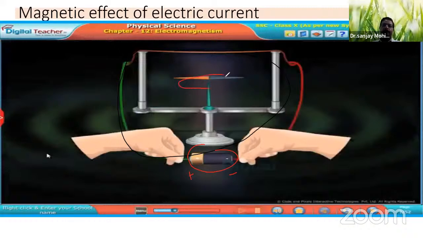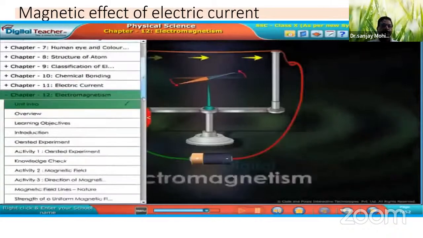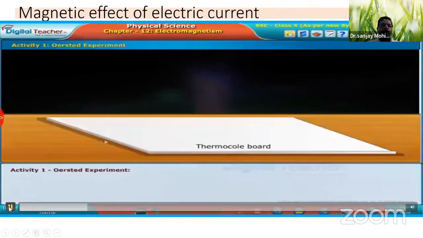And around it, there is a magnetic needle. This is the magnetic needle. Now let us see what happens when the current is passed through the conductor. As you see in this video, a complete circuit is ready. As current is passed through the conductor,